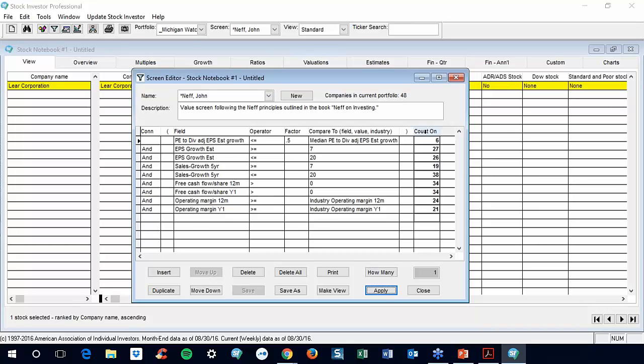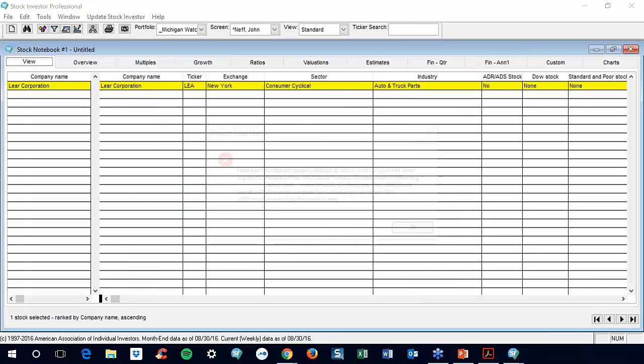Then when I apply the screen, we have this count on column here within the screen editor. These are the number of companies in the active notebook, in this case the 48 companies, that pass each of the individual lines of criteria within the John Neff screen. So we can see that the number of companies range from 6 up to 38 companies that pass an individual line of criteria. And as of August 30th, of the 48 companies that are in my watch list, only one, which is Lear Corporation,